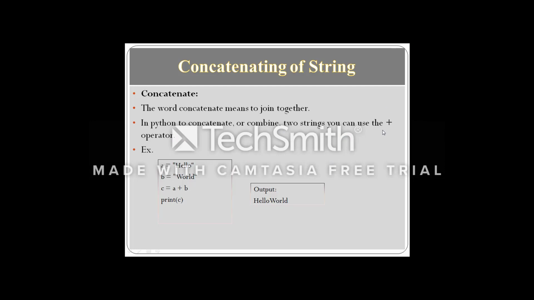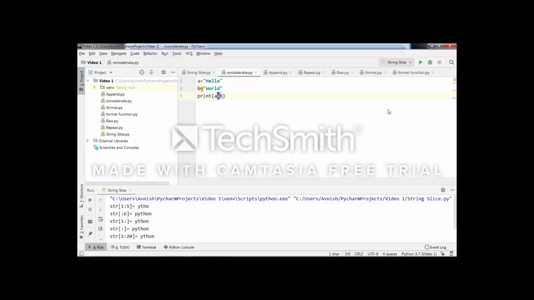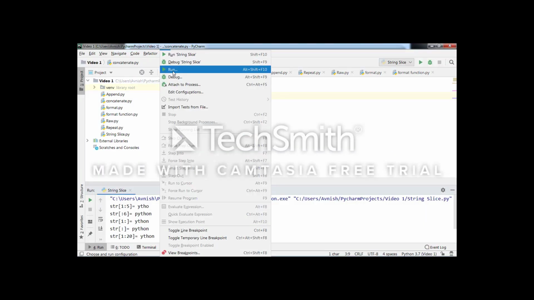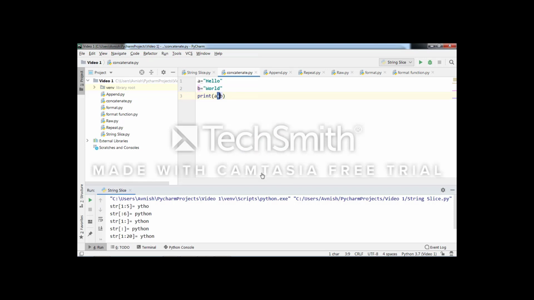Now remember, here the plus operator acts as a joiner or concatenator. In other places, this plus operator acts as addition of two variables, but in the case of strings, it acts as a concatenating operator. Therefore, see the output is hello world.